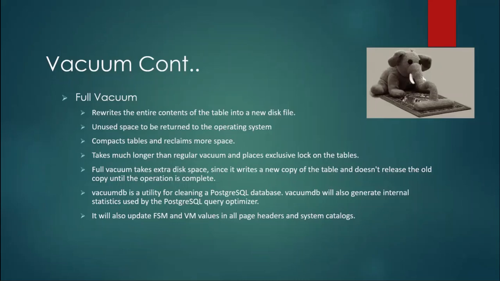The free space map contains how much free space is available in your pages, so it is updated in each page header. But the visibility map is useful for the vacuuming operation. During the vacuuming operation, the visibility map is going to read each page, and it contains the information